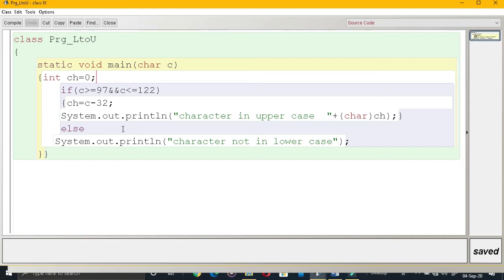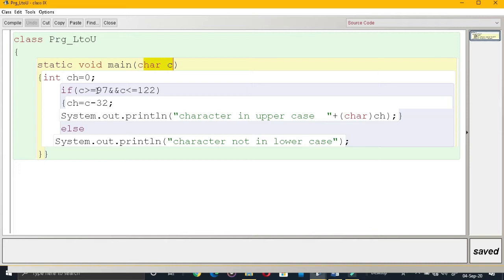Now I am checking the character that you are giving over here, that will be converted to its particular ASCII value. Small letter a, the ASCII value is 97, and small letter z, the ASCII value is 122. So the lowercase letters' ASCII values start from 97 to 122.